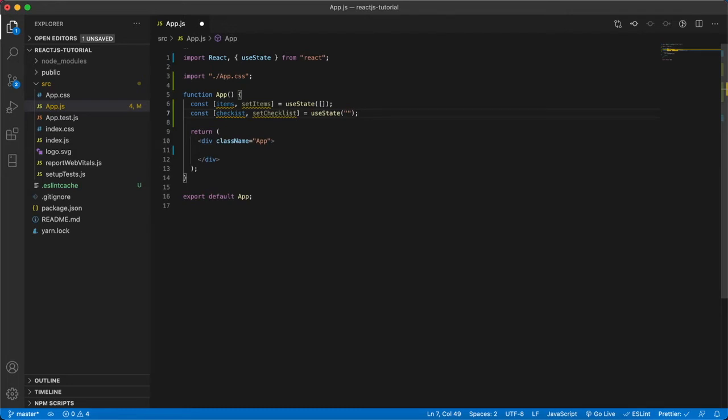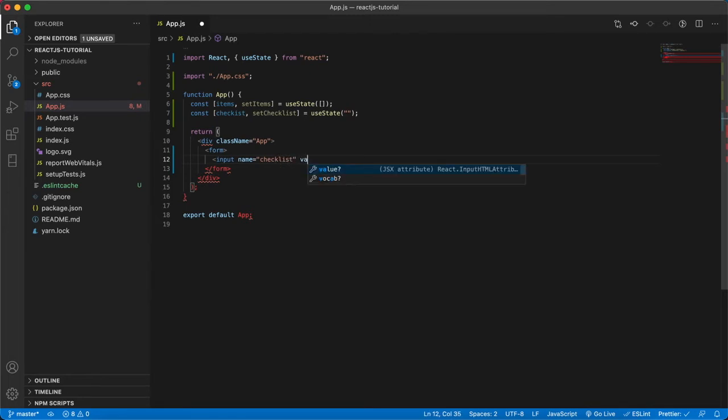Similarly to the last video, where we created an input and added an empty string, I'm doing it over here. So I'm going to do a form submit. I'm creating a form element, and inside that we will have an input. This is more or less the same, just doing it once again for this checklist functionality. You have to give the input type, checklist, and the value is equal to checklist, and the name, everything over here.